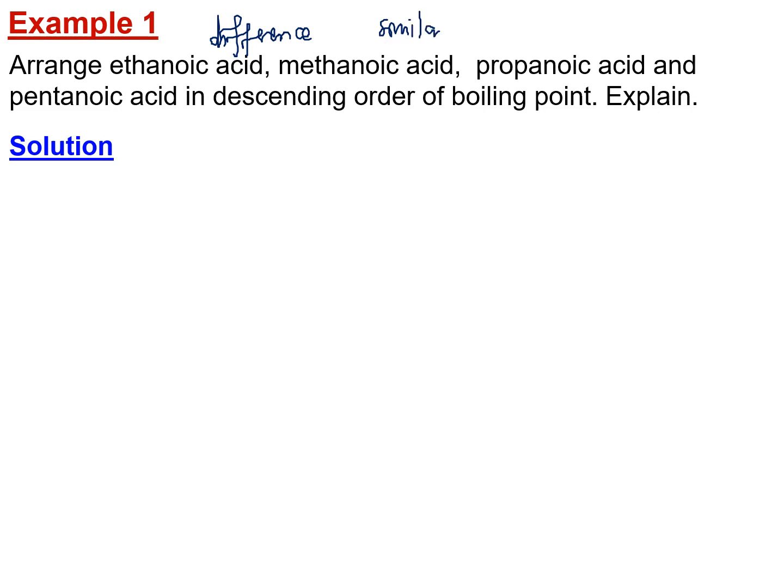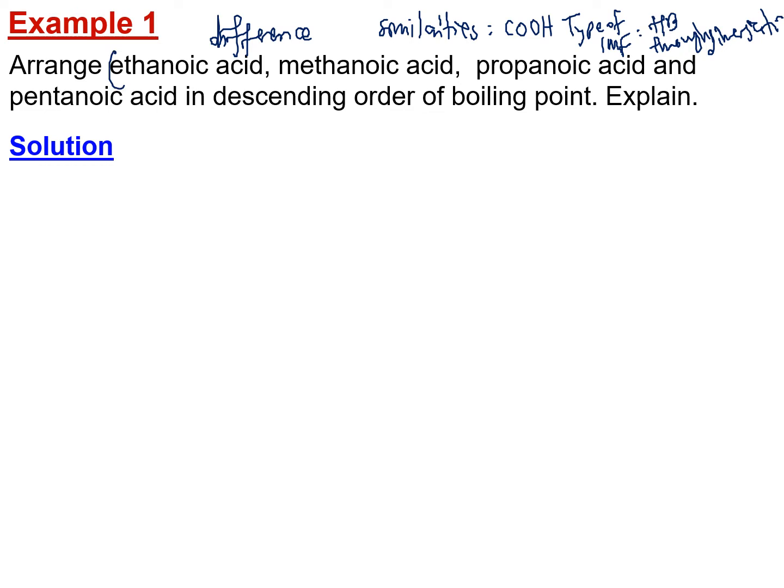Dia punya similarities, all of them are carboxylic acid. So kalau semua carboxylic acid, kita tahu dia punya type of intermolecular forces adalah hydrogen bond. Hydrogen bond through trimerization. Okay, so tak boleh gunakan point hydrogen bond through dimerization. So you kena find the differences between them. Apa dia punya differences? You tengok ni.